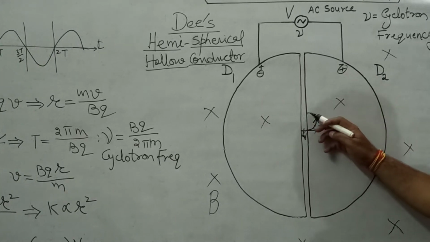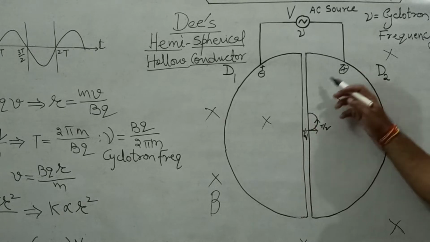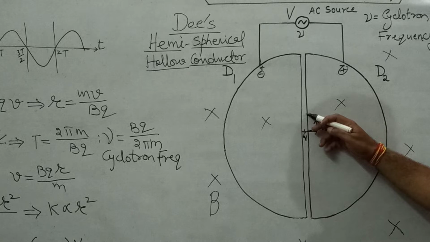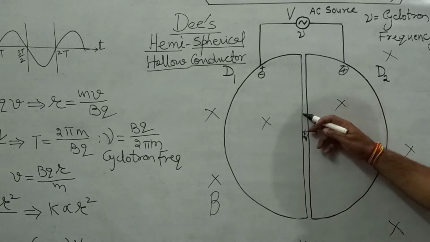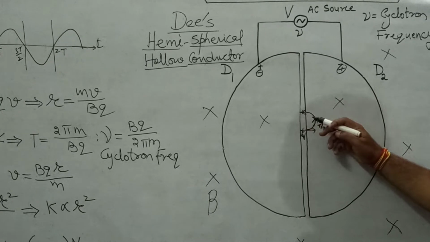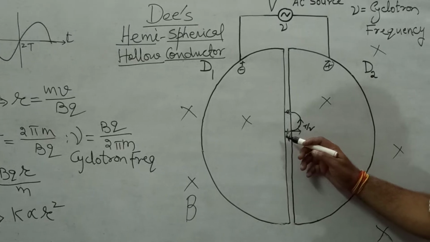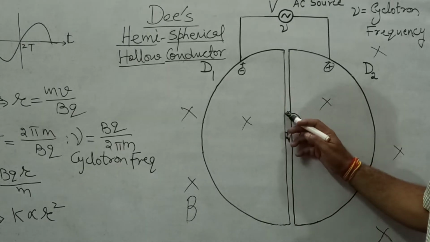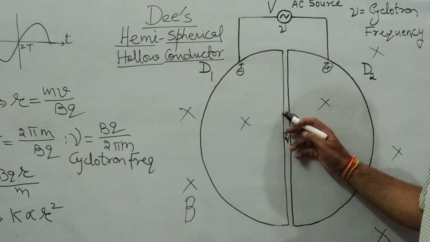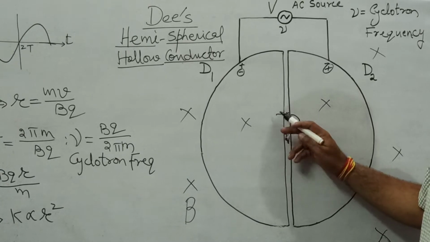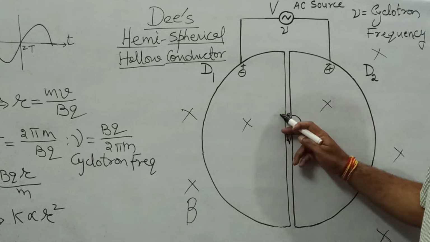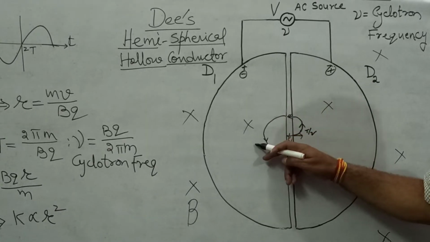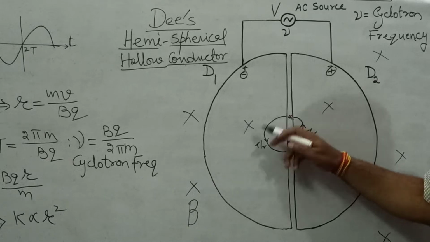So as the charged particle reaches here, over the edge of its hemisphere, it finds this sphere of negative charge. So what happens? It is again pulled because of the electrostatic force of attraction. And because of this pull, the speed of the charged particle increases, and with greater speed, it moves on a semicircular path of greater radius, like this. The time again taken is T by 2, half the cycle.